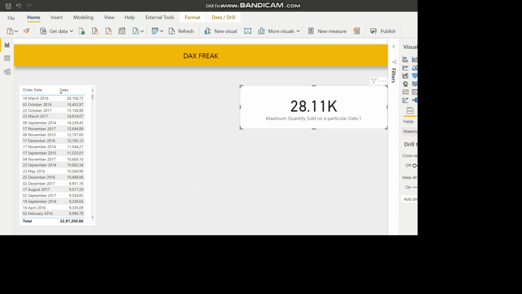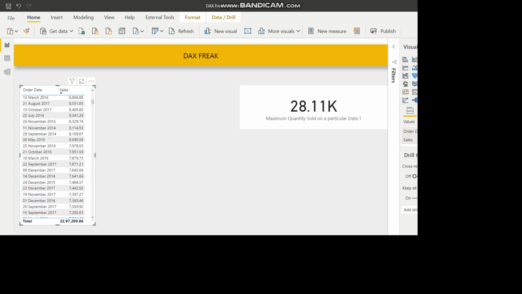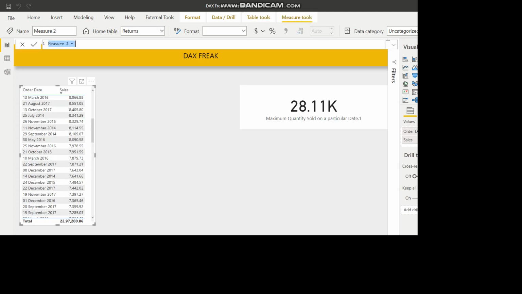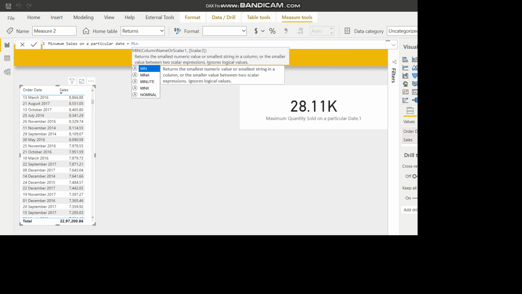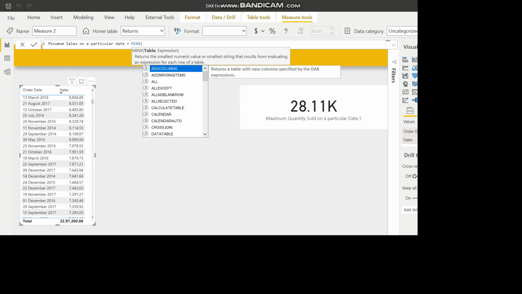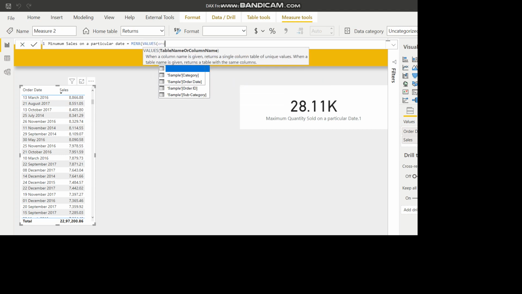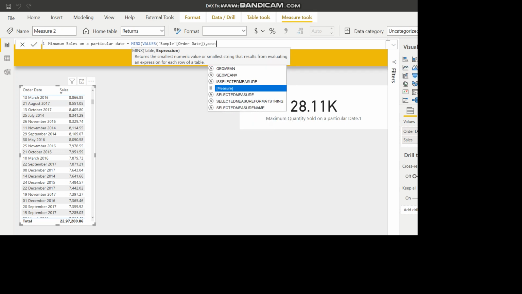Similarly, the MINX function will just tell you the minimum. Let us create that as well: the minimum sales on a particular date. For MINX, we have to just create a table and enter the measure. I've created this measure, which is nothing but the sum of sales.